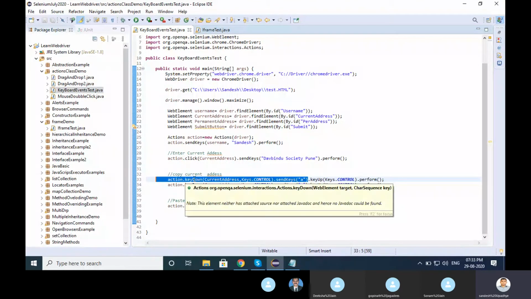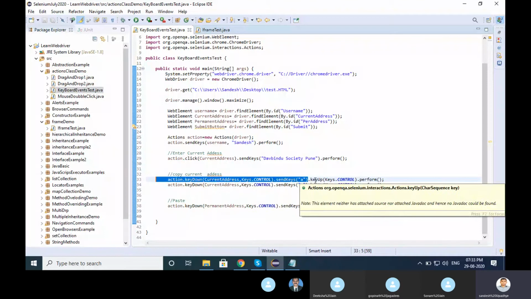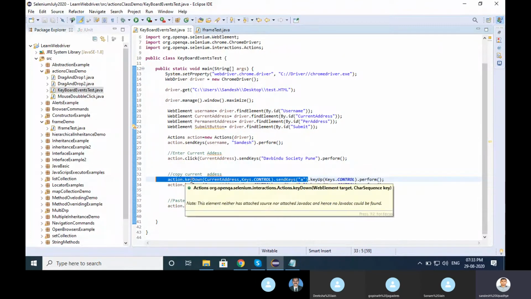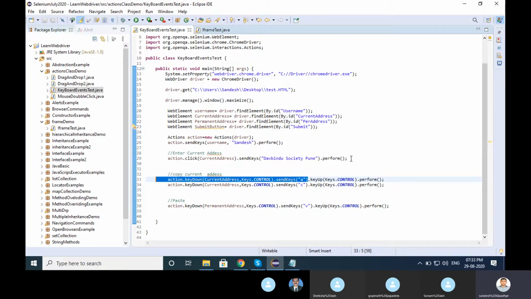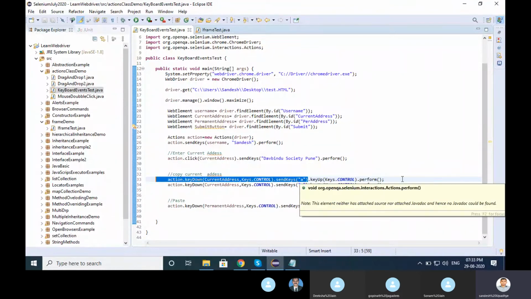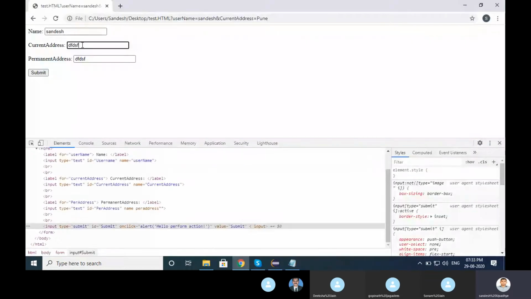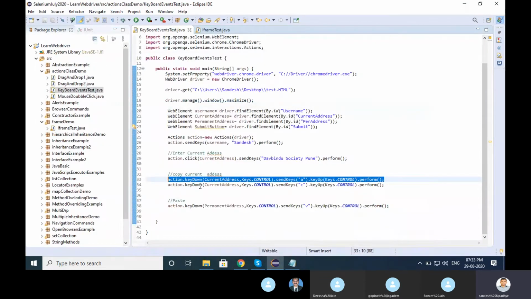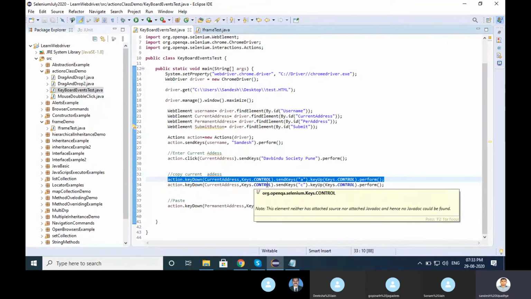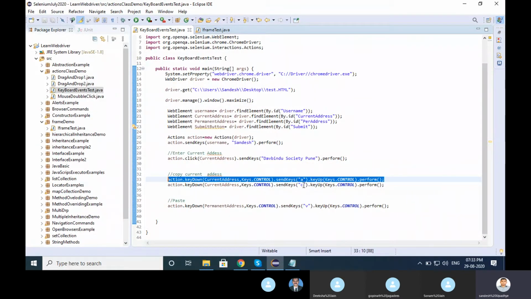When you use key down, you need to use key up as well, else that key will be always down. Okay, programmatically by default this key will be always down. So here I have passed send key with the A means select all, then I have key up as well, key up control and perform the action. So here I have selected that text using the control A. Control A looks like this. Okay, and the same thing I have passed here, action dot key down current address control key down control and send key C. C means copy. Select all, copy. Same thing I have performed with the control C.